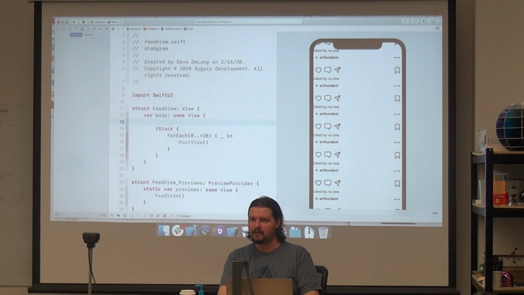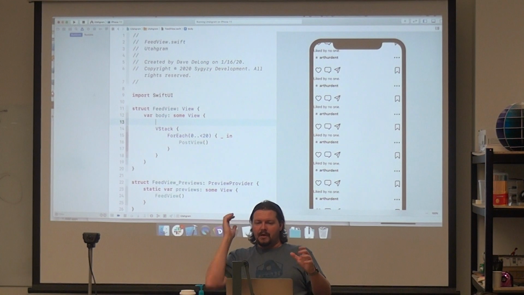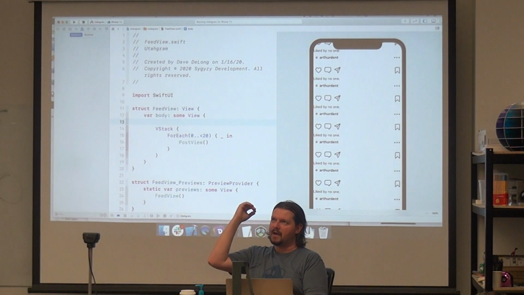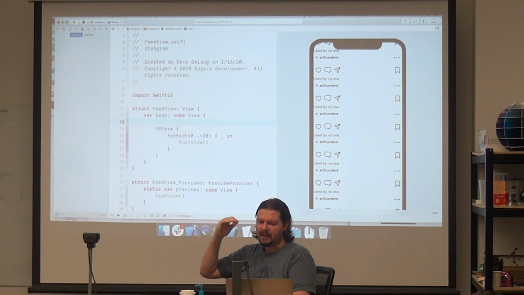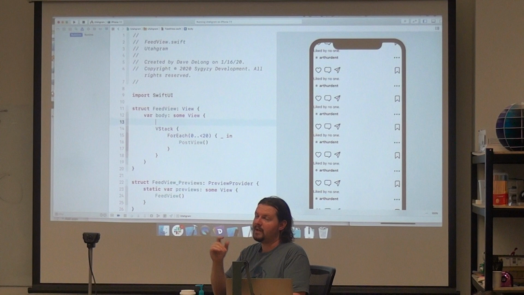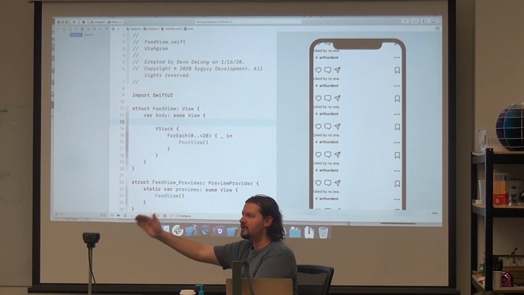Can I ask a question about that? Yeah. So is it not also proposing a size to the post view, and the post view is choosing to... Okay, so the VStack gets the size of the screen. Let's just call it 1,000 to make the math easy. It knows that it has 20 children. Well, it has one child, the ForEach. So it then proposes the full size to the ForEach. The ForEach knows I've got 20 children, so it takes